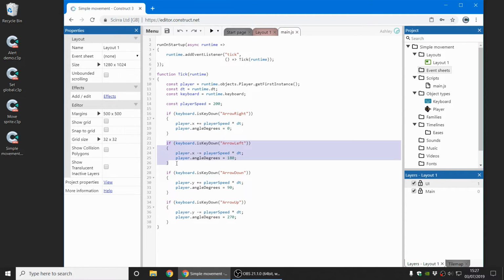And then we do that again for moving left, and for moving down, and for moving up. So this just shows you how you can use JavaScript to control the game without any events at all. There's enough features in the scripting capability in Construct to control your entire game. And really, to take this to its conclusion,